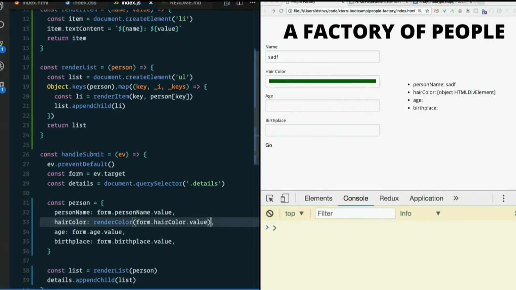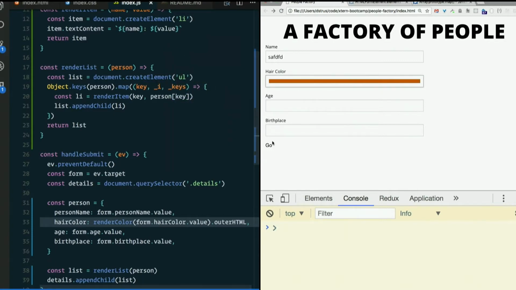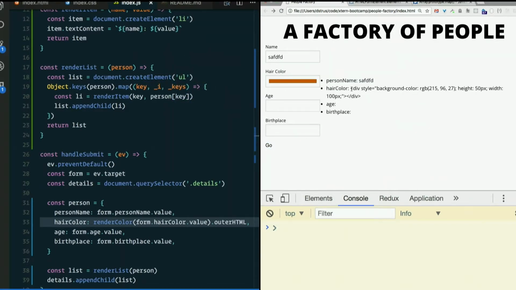So we really need the HTML of the color div, right? Which is not inner HTML, because there's nothing inside that HTML, right? I think we established that yesterday. But outer HTML will do it. So now what'll happen? Now we get hair color, div background color, blah, blah, blah. Not quite what we wanted,